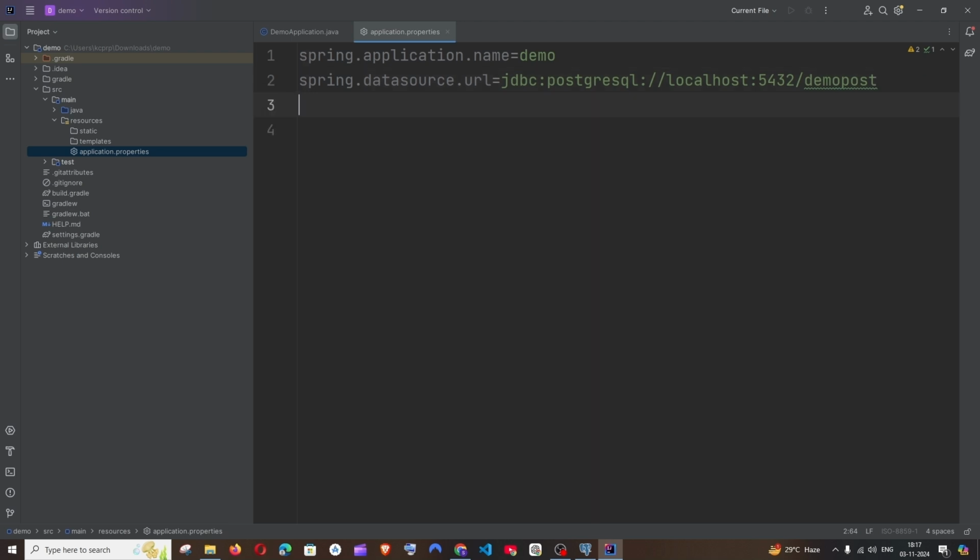That's it. And next is going to be the username and password. So copy this. It's going to be username Postgres, the username we saw earlier. Then the password, which is going to be user specific. You need to specify the password that you had in the Postgres database. And the final thing is going to be